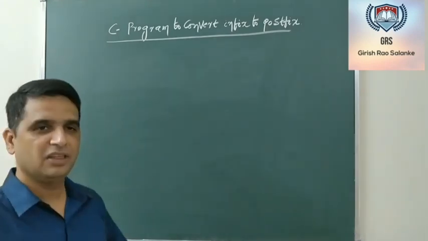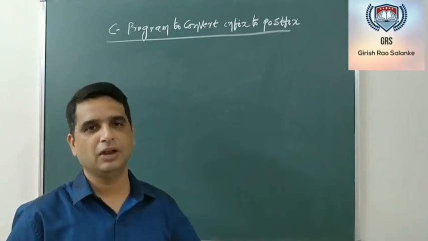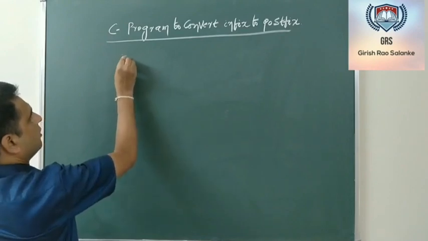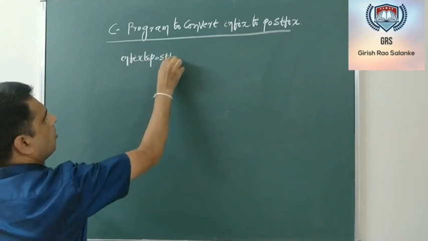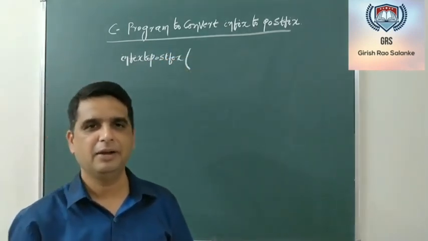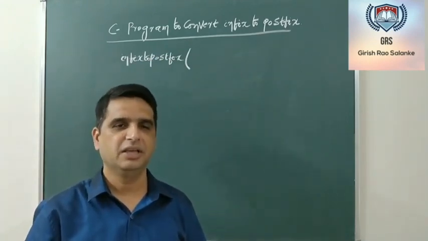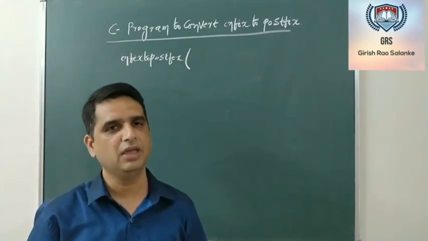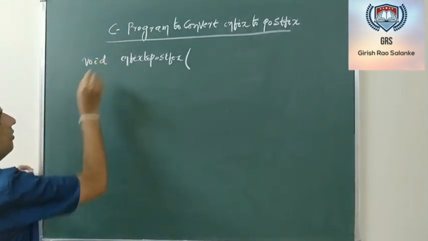So first, we'll see how to design the function with the help of the algorithm that we have discussed in the previous video. I'll name the function infix to postfix. Note that this particular function is not going to return anything. Let me have the return type of this function as void. When we execute this function inside the program, within the function, we will display the equivalent postfix of the infix expression. So the return type of this function is void.